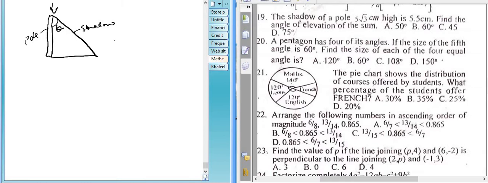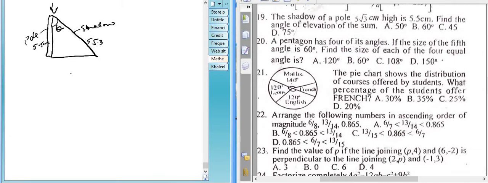It's stated that the height of the pole is 5.5 centimeters. That is, here we have 5.5 centimeters, and the shadow length is given as 5 root 3. So using a trick, that is